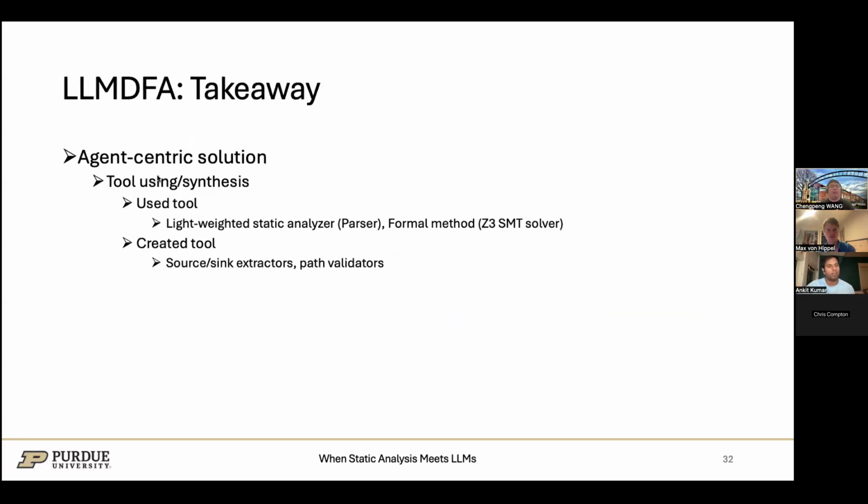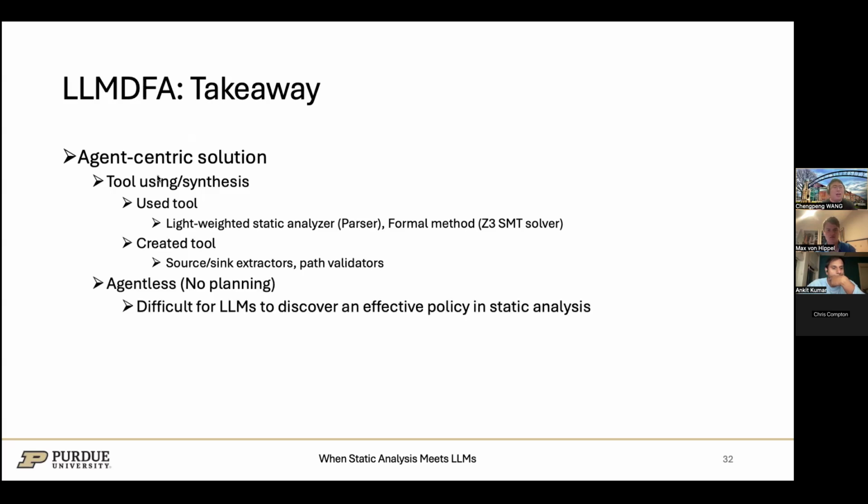So here is the takeaway. LMDFA, you can regard it as an agent because it has tool use and we have a memory design. Previously we had the program, then we extracted the sources and sinks in the memory, then we extracted the summary in the memory, passed it on, and finally we can determine the path condition feasibility. So we have the basic design from an agent perspective, but it is not strictly